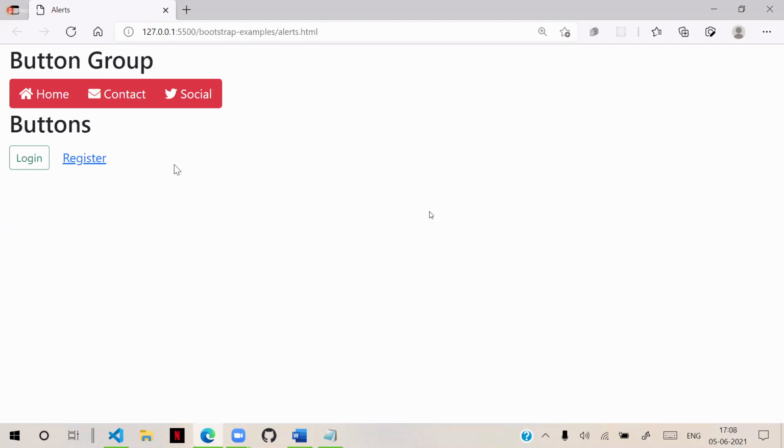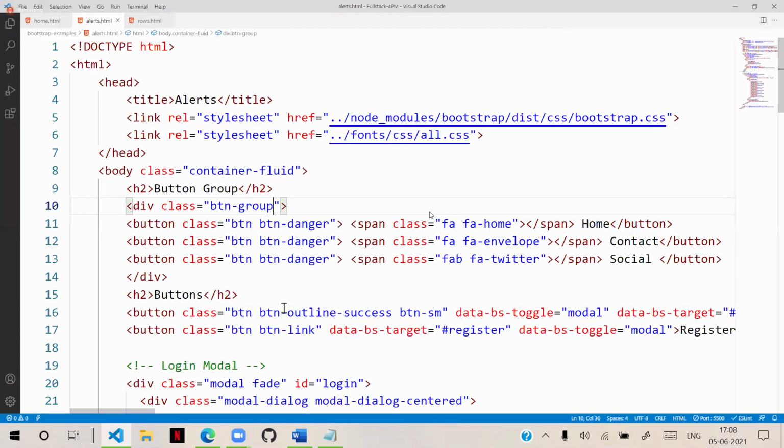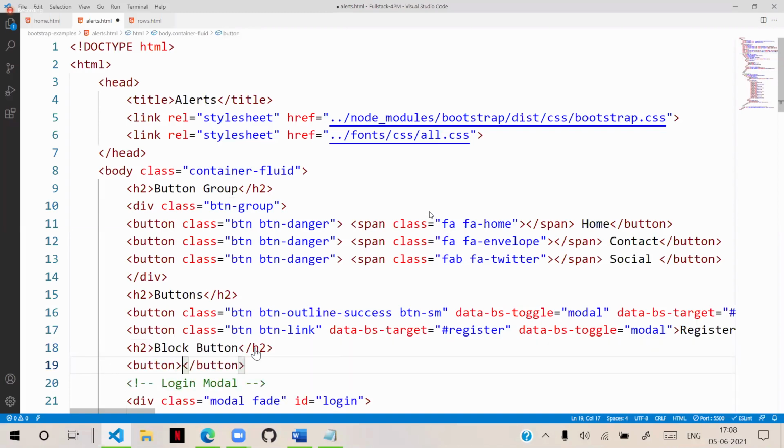Now, in the old version, we have block buttons. So I will put a button, a block button. Generally, we will have only one button, with class equal to BTN and BTN primary.